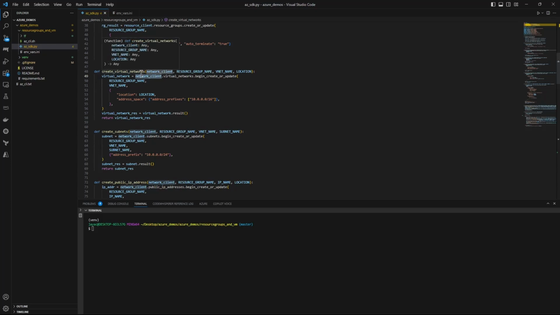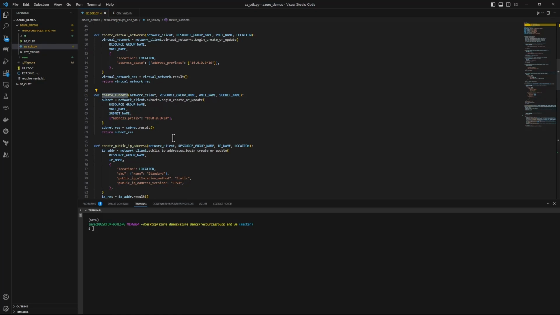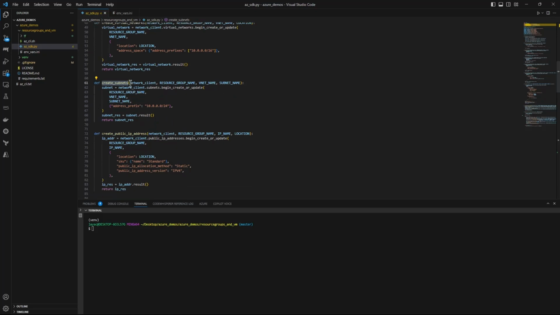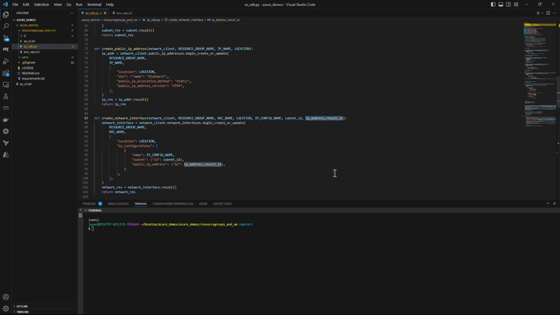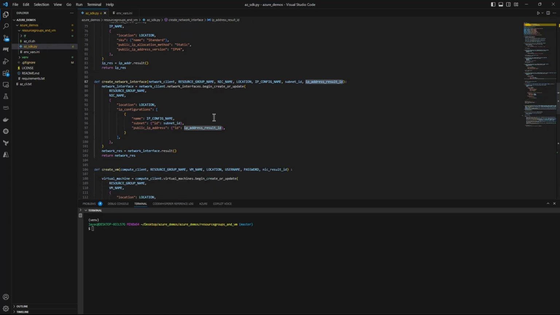So once we create a virtual network, we need to create a subnet. It follows the same design. Actually, pretty much everything follows the same design here. We'll create a subnet which takes resource group, subnet name, virtual network name, and the same model. I have structured everything similarly for subnet, for IP address, and for network interface. And here in network interface we have to see that I'm passing subnet ID and IP address result ID additionally. I will show what these are in the end, but the rest is the same for all 5 methods